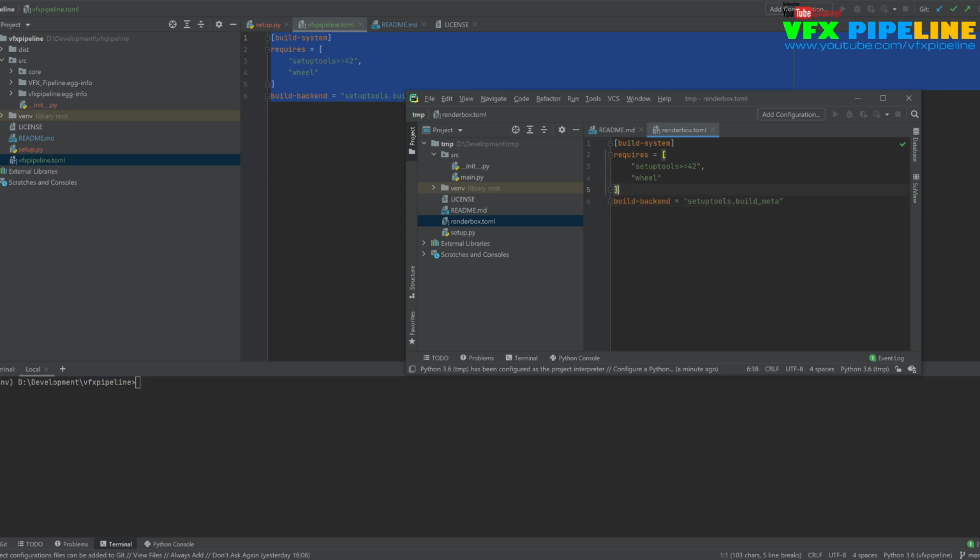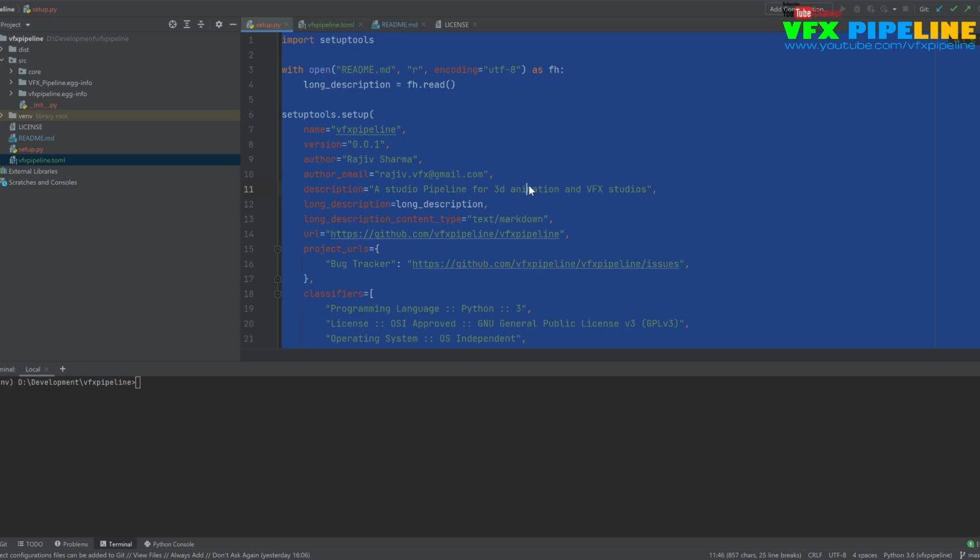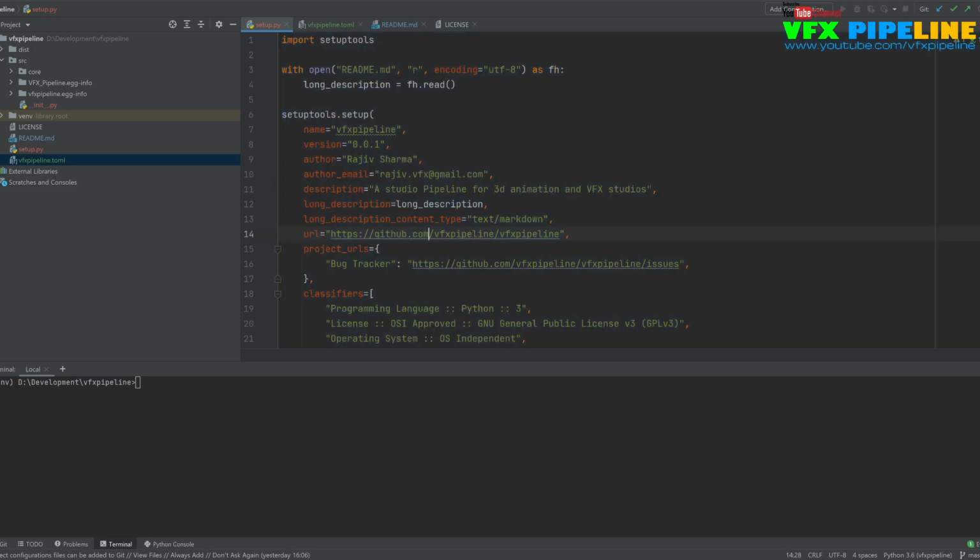Okay, so now what we have left is setup.py. So let's go to the setup.py. Let me copy this, and guys, you can easily get all this stuff from my repository, which is github.com/vfx-pipeline. This repo is already up on GitHub, so you can get the entire code directly from there.